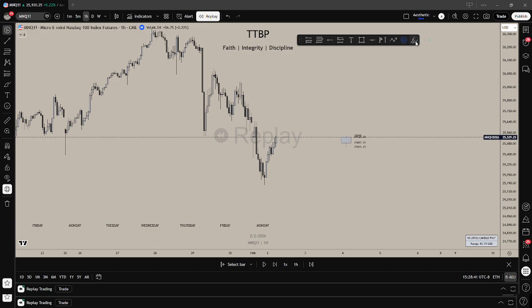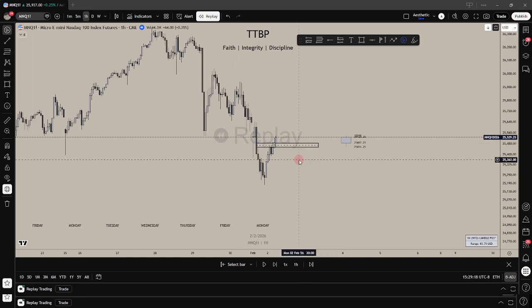So let's start off here on the hourly. We have a couple of things drawing our attention, okay? We have the swing low, swing high, and this 1 hour fair value gap, okay? So when we're looking on the higher time frame, we're looking for what price is going to be drawn to, which is going to give us the beginning of our narrative as to where price is going to move, hopefully in our session. So first thing I see here is this 1 hour fair value gap formed,